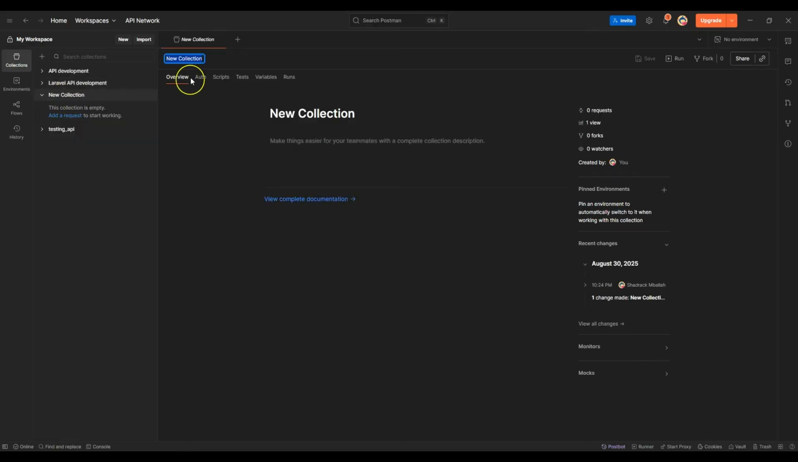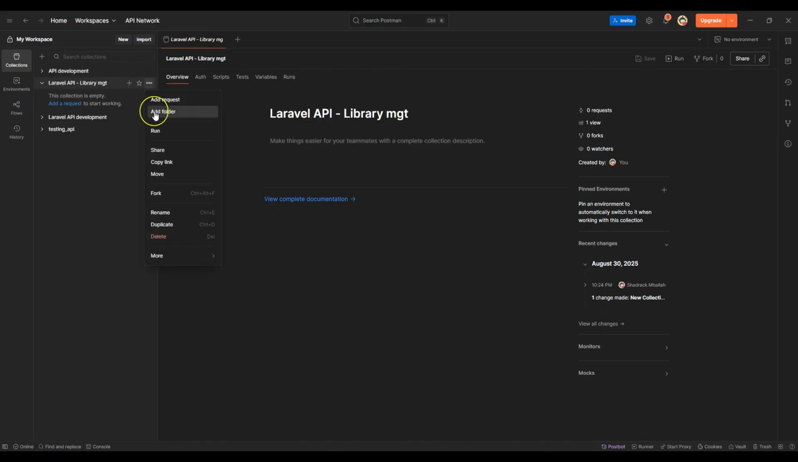So this is the new collection. So let's give it a name. So we're going to say library, or we can just call it Laravel API, then dash library management. Let's say management, like that. Okay. So now that is our new collection, and then inside this collection I'm going to create new folders, which